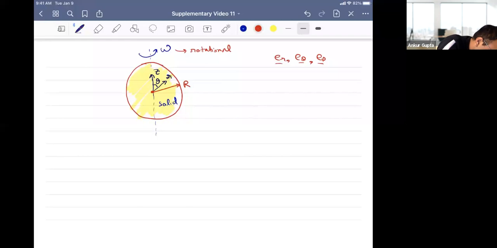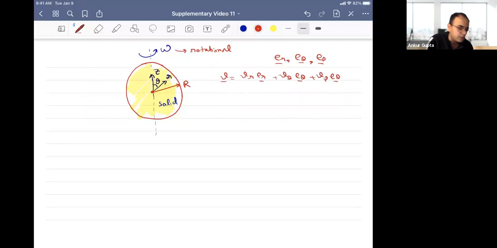So let me just sketch it out. Theta is like this, but phi is around this dimension. Hopefully you're familiar with these e_r, e_theta, e_phi. We have not done this in the course until now, so I just want to make sure you're clear about it. The main point is that because we have e_r, e_theta, e_phi, the velocity vector will be v_r e_r plus v_theta e_theta plus v_phi e_phi.